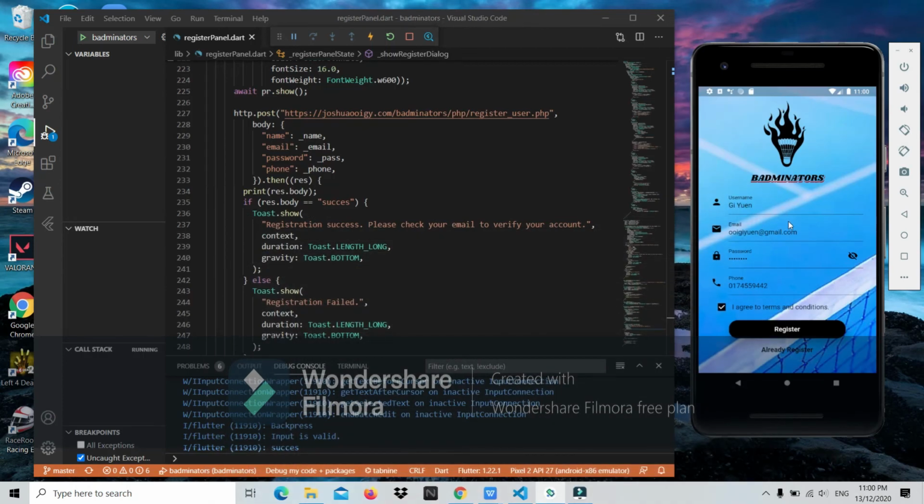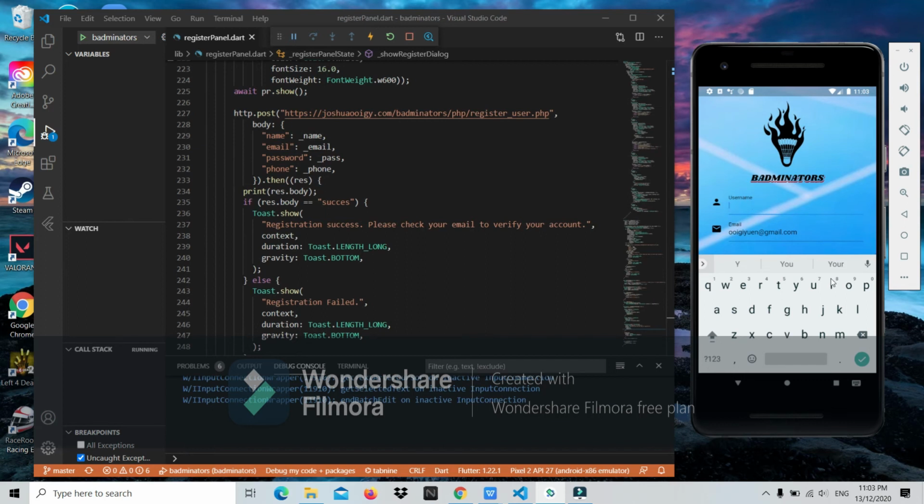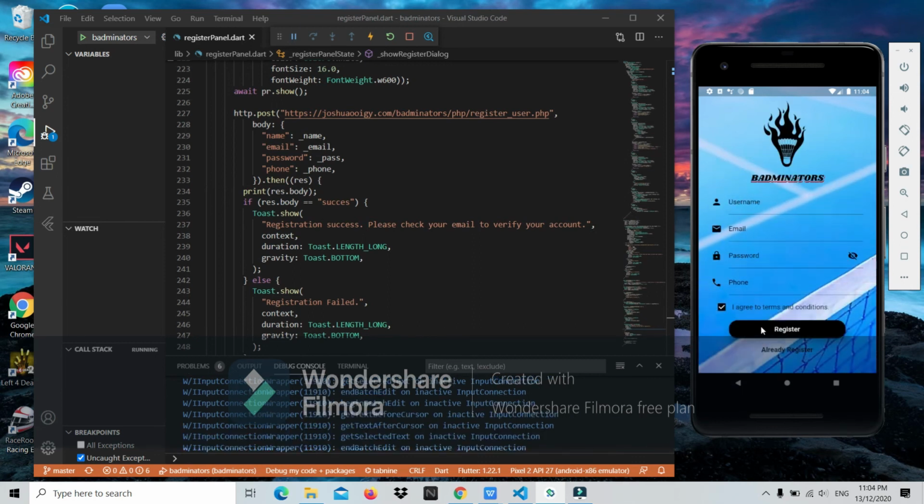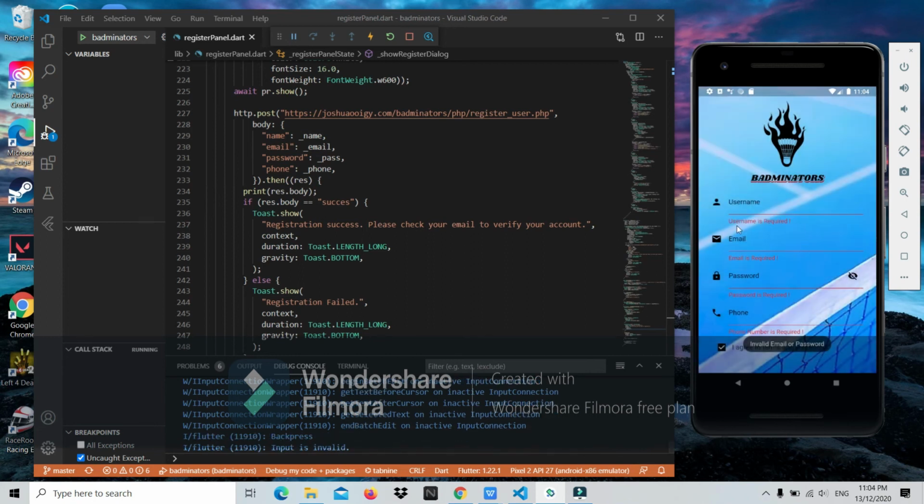After that, if the user wishes to register with the same email address, it will show registration failed. And now I will try a different scenario where the user enters some invalid input. If the user tries to register an account with empty text fields, it will show some error messages, which are username is required, email is required, password is required, and phone